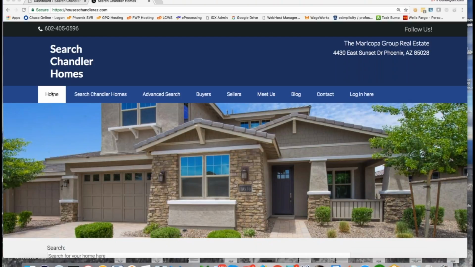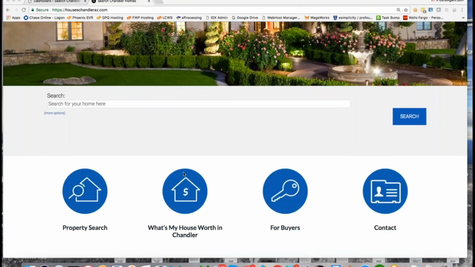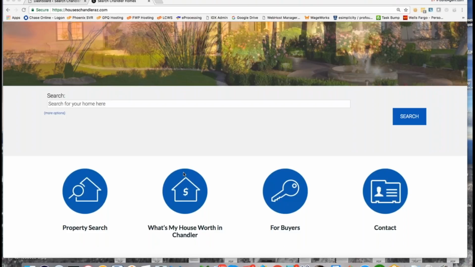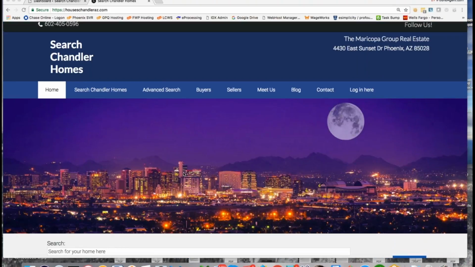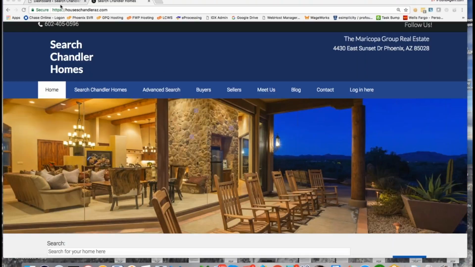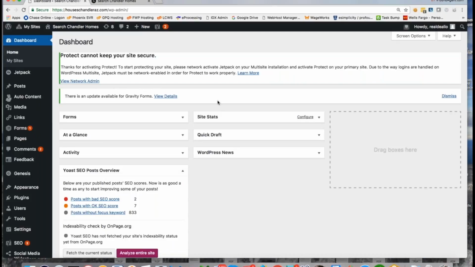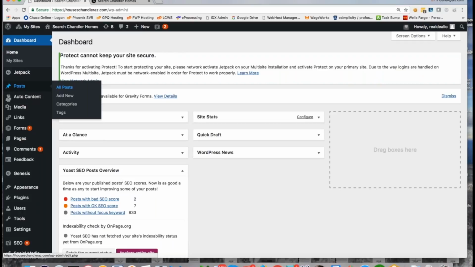So we're going to use a website called Search Chandler Homes, and your site's very similar in the functionality as this system, because it's all the same system. So I'm going to log into my admin area, and I'm going to start by mousing over posts and going to add new post,